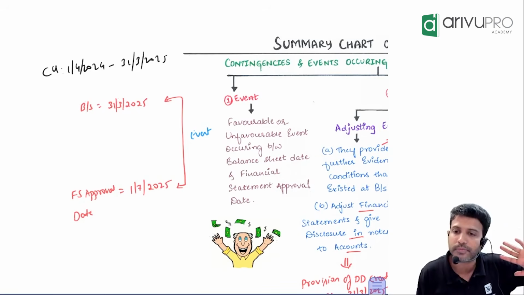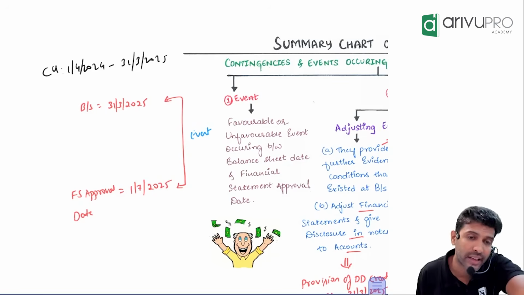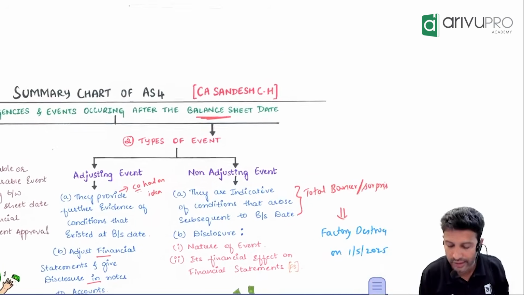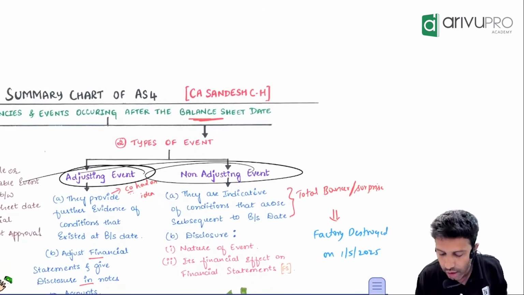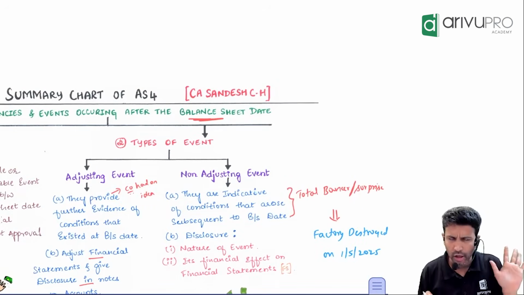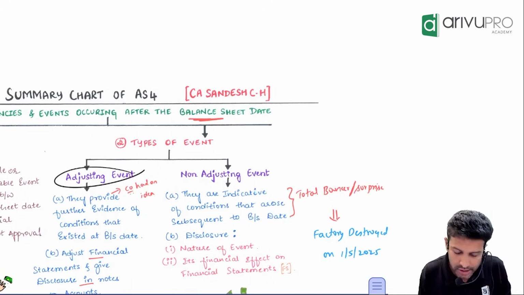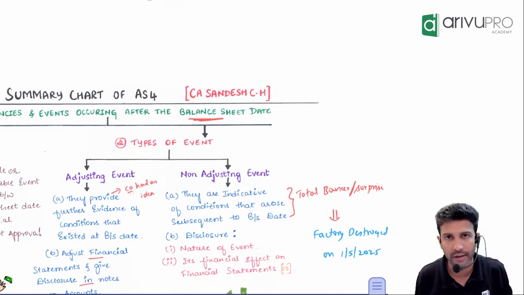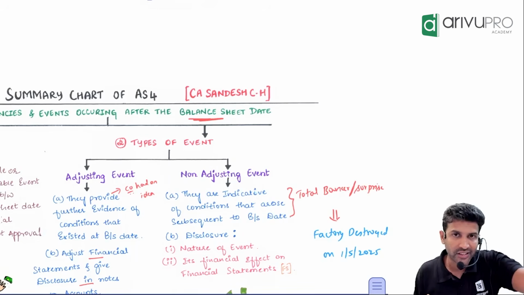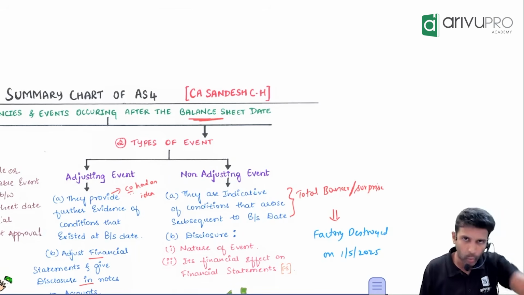If it is an event, now we need to find out whether that event is an adjusting event or a non-adjusting event. Find out this. This is another concept. If it is an event, then you'll think about whether it is an adjusting event or non-adjusting event. Sir, why, sir? If it is an adjusting event, then what AS4 says